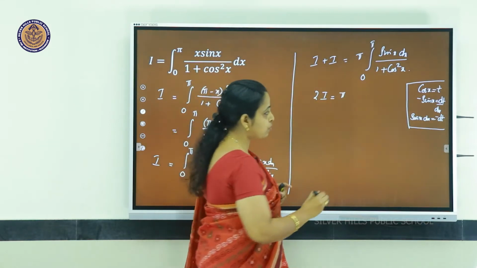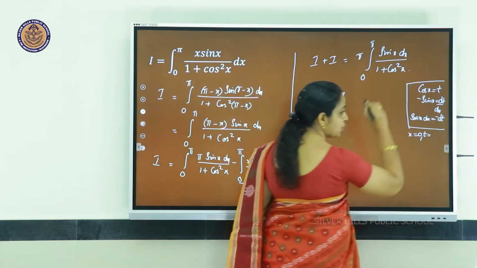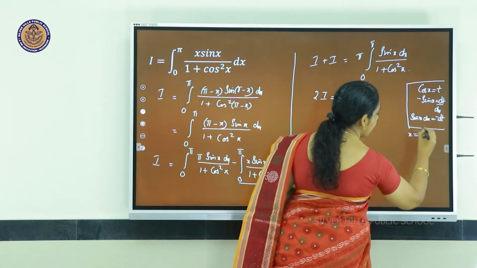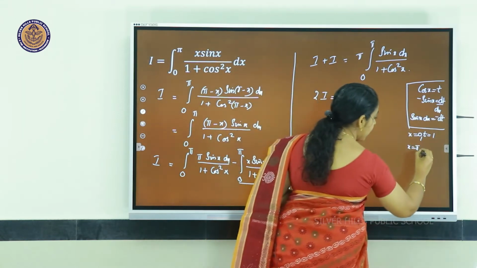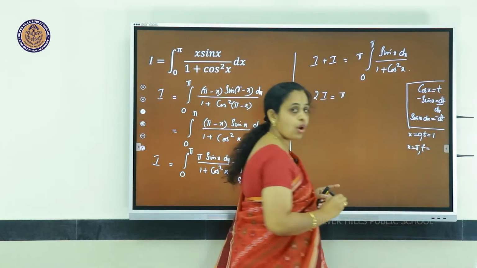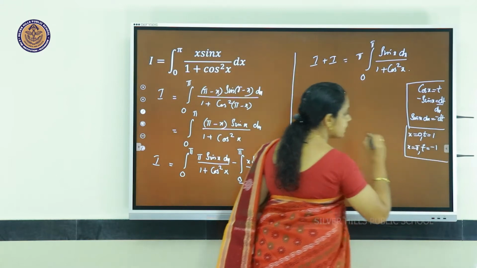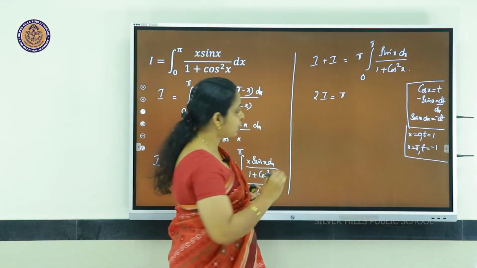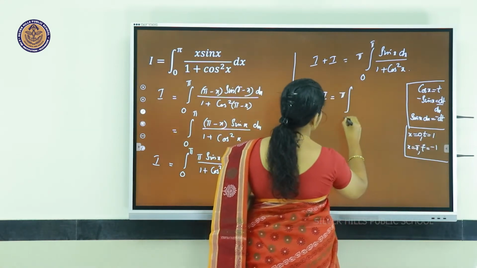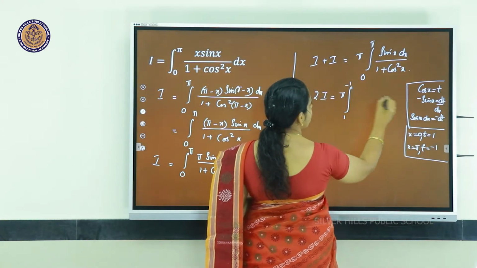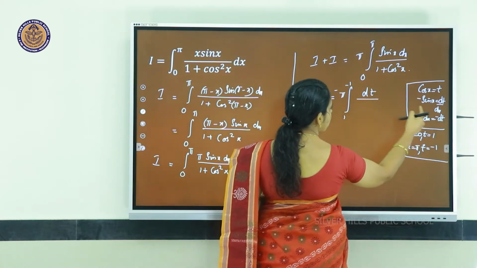When x takes the value 0, t will become cos 0, which is 1. Then, when x takes the value pi, the upper limit, t equal to cos of pi, minus 1. These limits also let us apply. So, pi into integral, instead of 0, 1, instead of pi, minus 1, sin x dx, minus dt divided by